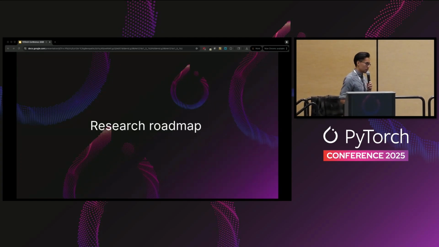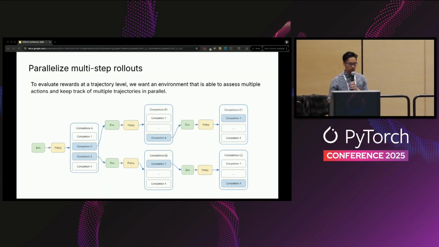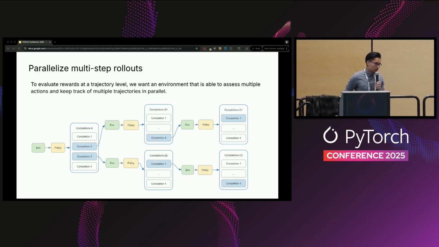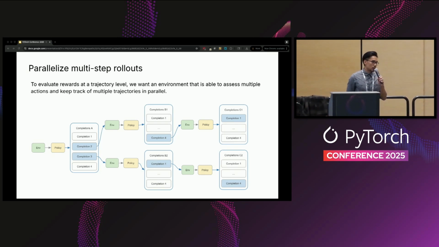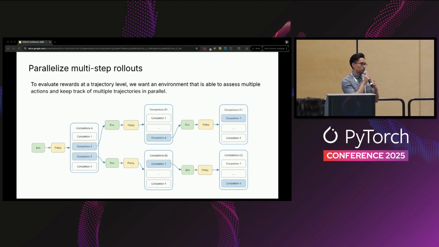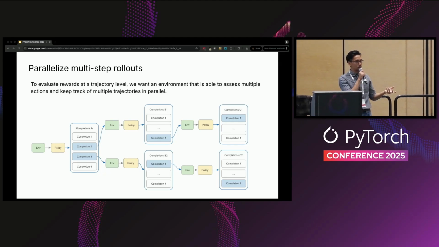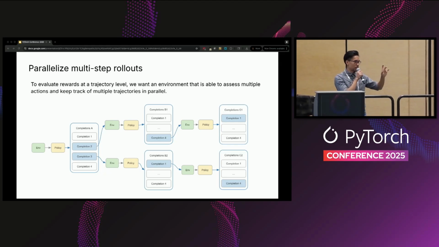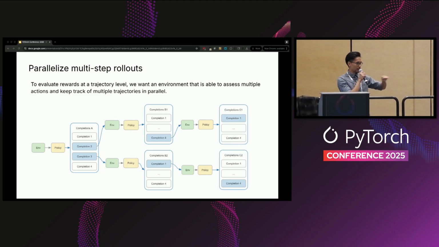A quick note on what I see as the research roadmap for this kind of work. One part is parallelizing multi-step rollouts. When you have a multi-step reasoning problem, in this case you can consider the tool as creating a JSON blob with the action, the URL, in it.